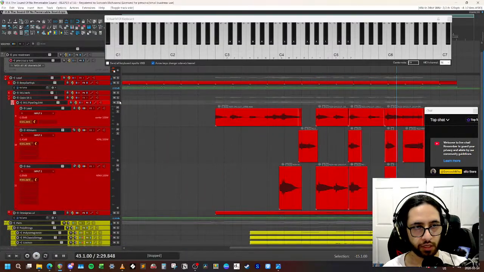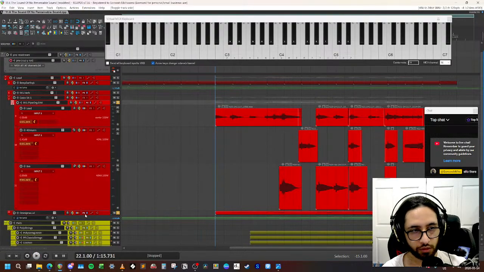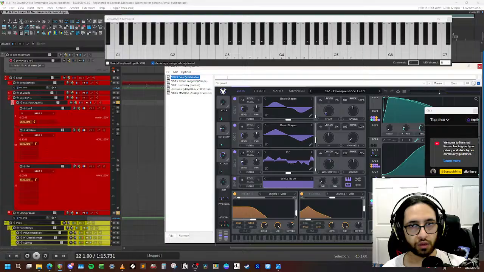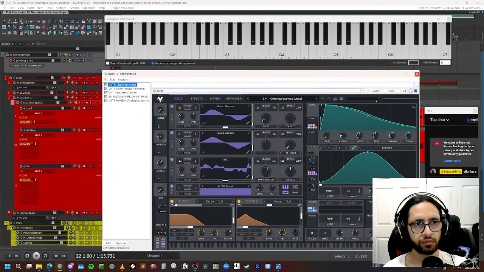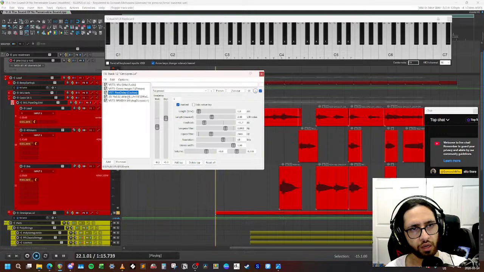So with all those Casio leads, there's this other synth that I've layered. It's a Vital patch that I think I made. Yeah. So I made this thing and looks like I used the stock delay again. I never do that.